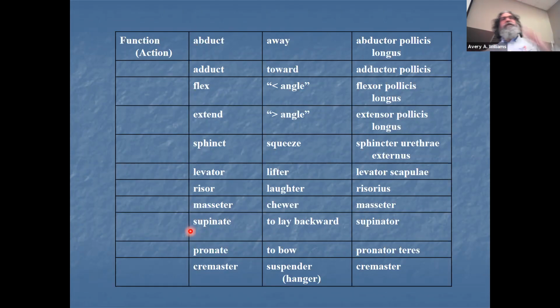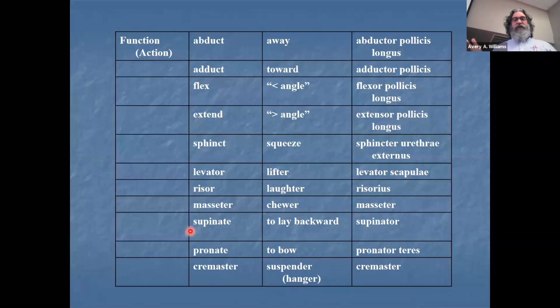Now look at these next two terms, supinate and pronate. This is referring to your forearm. Remember I said in the anatomical position, the radius and ulna are parallel to one another. But you can cross the radius over the ulna, and that motion or action or function is called pronation. To put it back to where it's supposed to be in the anatomical position, where the radius is parallel with the ulna,